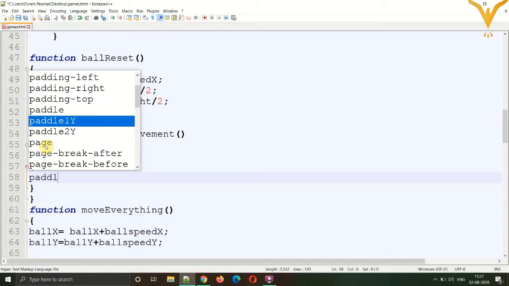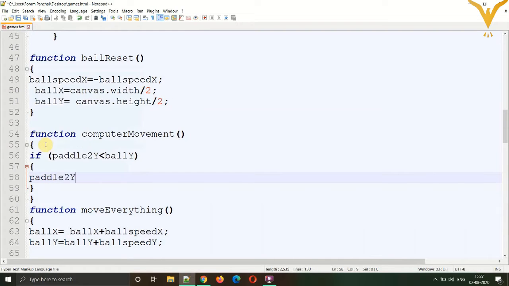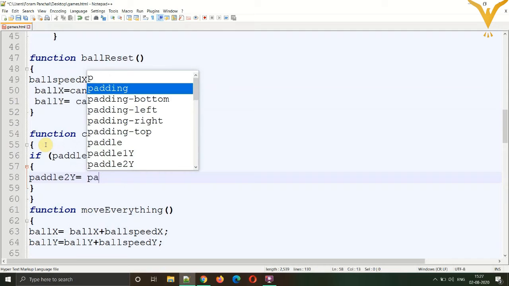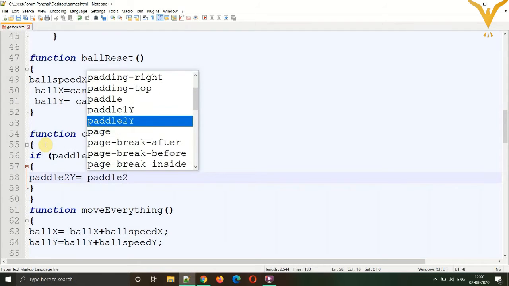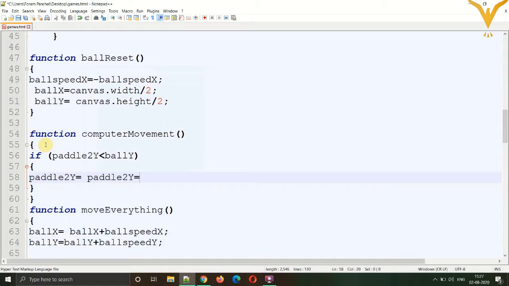So paddle to Y will be equal to paddle to Y plus 6. We are just typing it randomly. We'll check if it is proper or not.